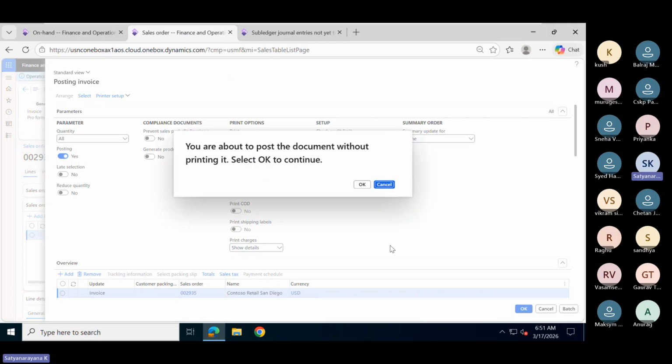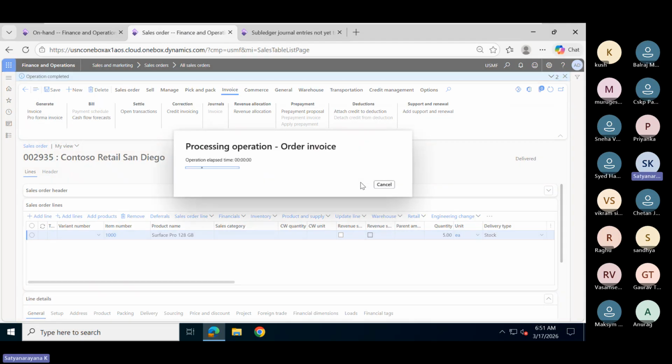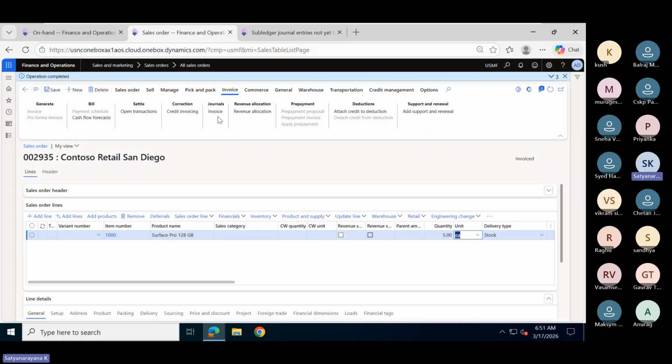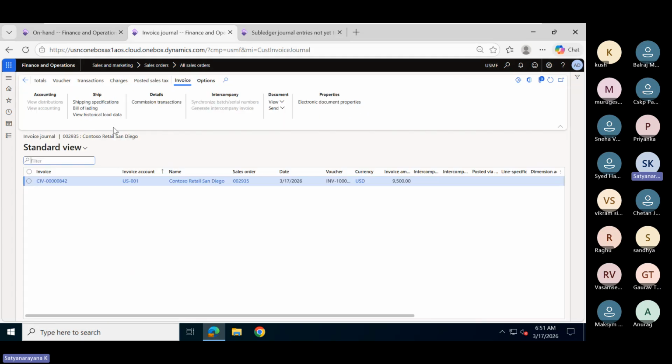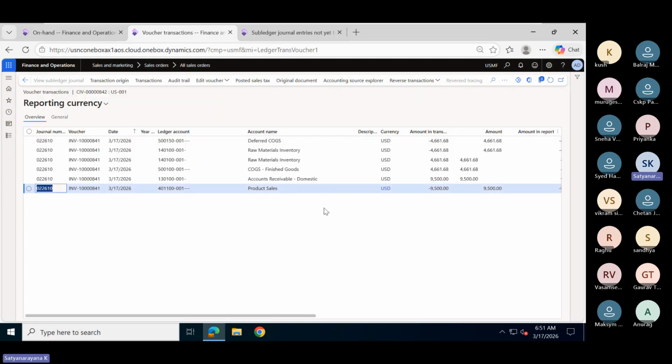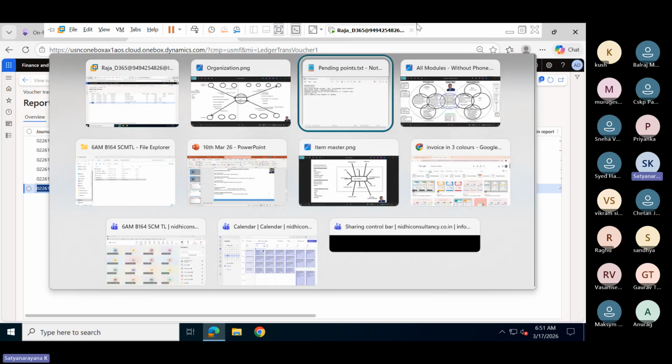Click OK. At the time of invoicing, the financial postings, debits and credits, will be posted. This is about financial postings.